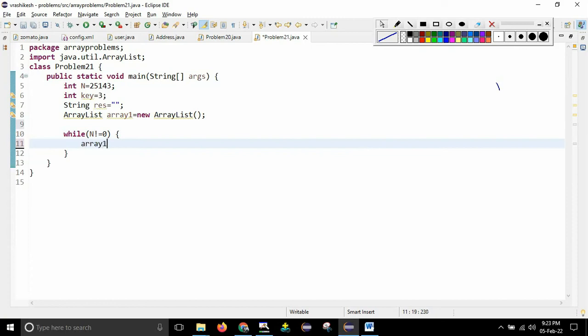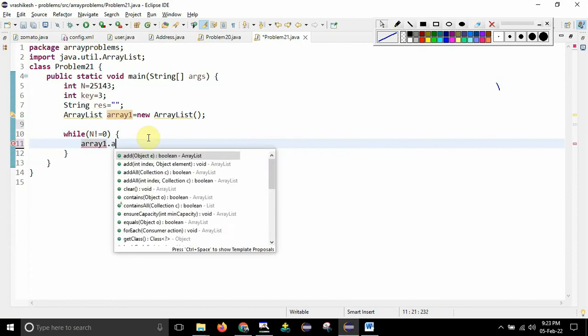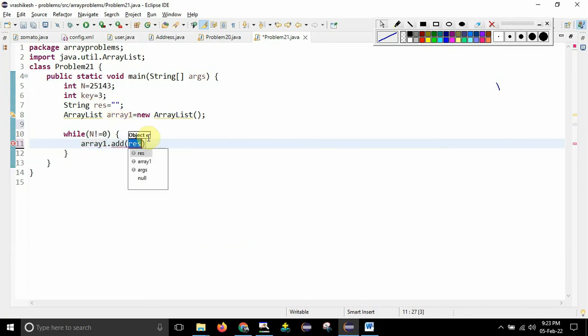Take array1 and array1 dot add. Array1 dot add, they are asking for an object. The object will be n modulus 10: whatever number is given, divide it by 10, and whatever remainder you get, just add it to the array list. So this is what it meant.